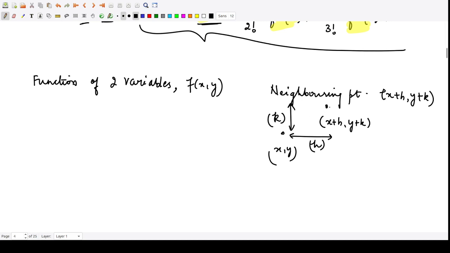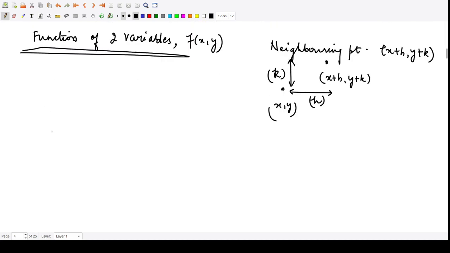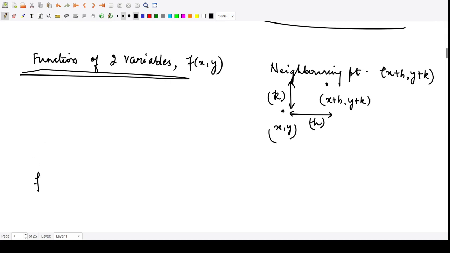That is how we reach this point, and these 2 points are neighboring points to each other. Now we are saying that at this neighboring point also all the partial derivatives are continuous. In that case, we can define Taylor's theorem, and it is given using this expression: